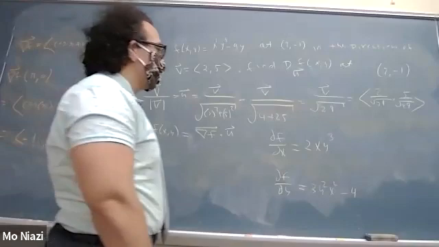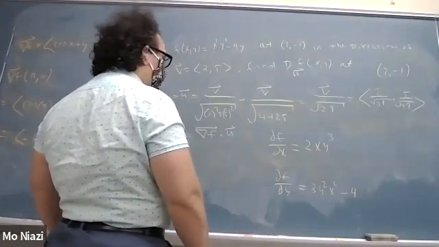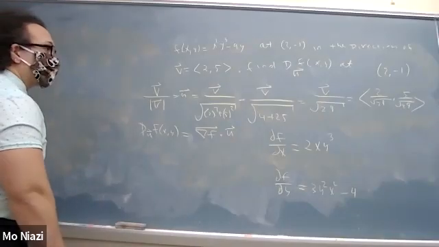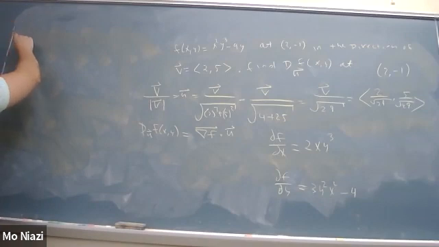Okay. So then, when we dot product it with u, we get 2 over